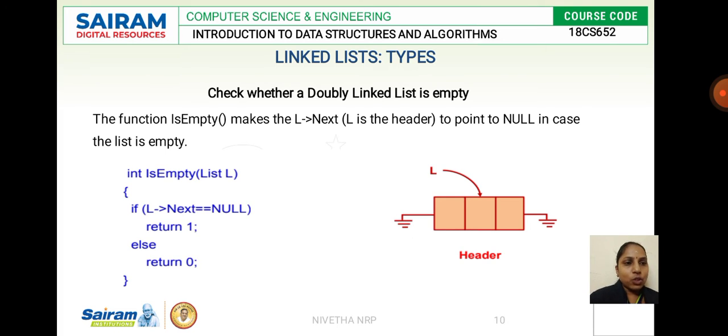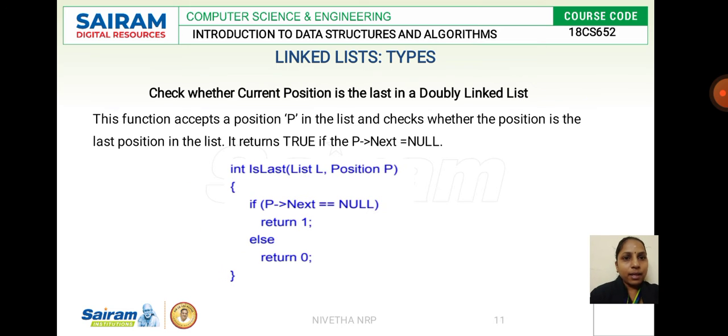Okay, if the next node is equal to null and the previous node is equal to null, it specifies there is no element in the list, and the linked list is empty. Next,